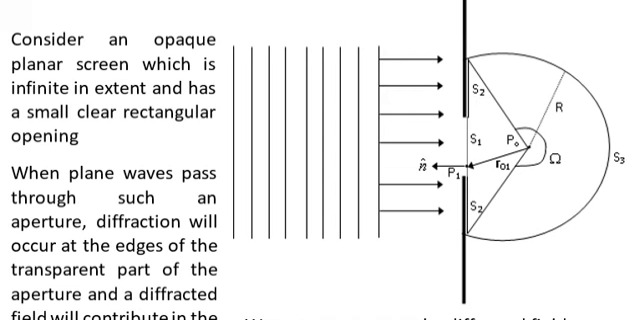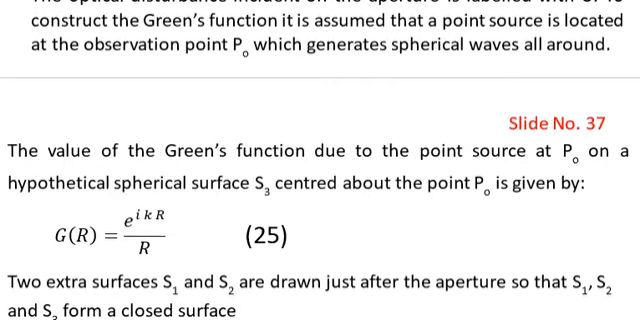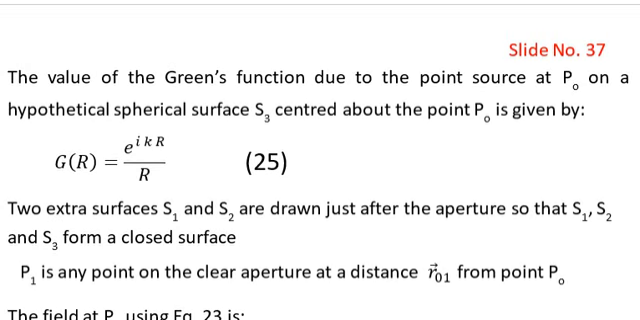And that is why you can see that the surface S3 is the surface at which the contributions of the Green's function will reach. The contribution of the Green's function will also reach all around, that is on the surface S1, on the surface S2, and on the surface S3. And it is a spherically diverging source located at the point P0. The value of the Green's function due to the point source at P0 on the hypothetical spherical surface S3 centered about the point P0 is given by